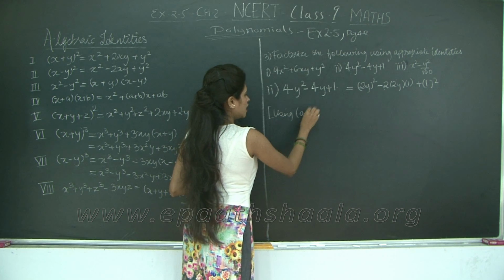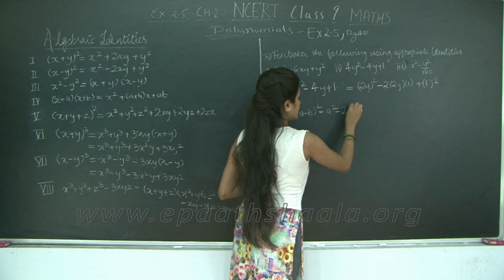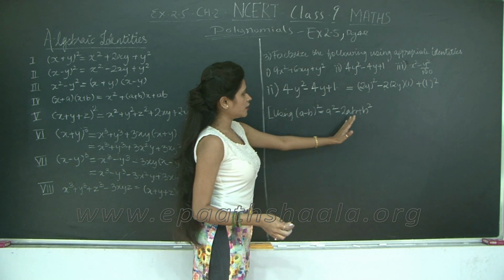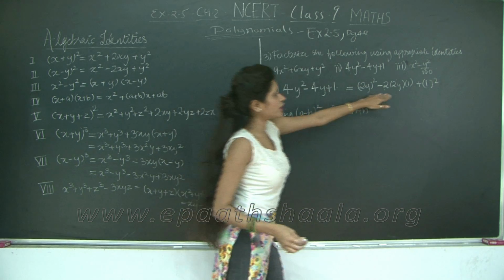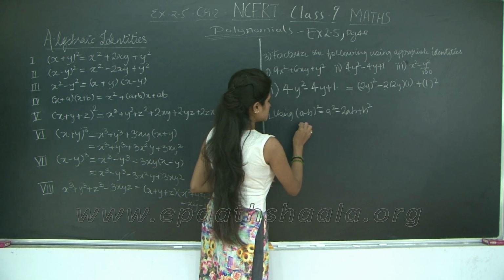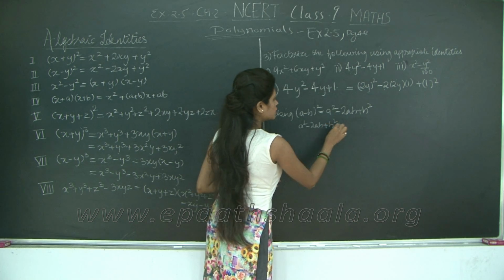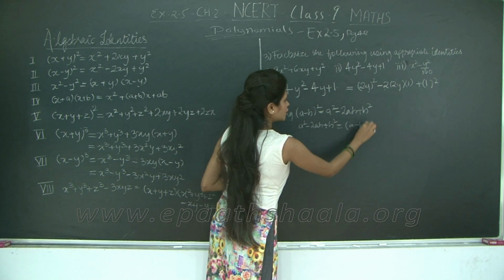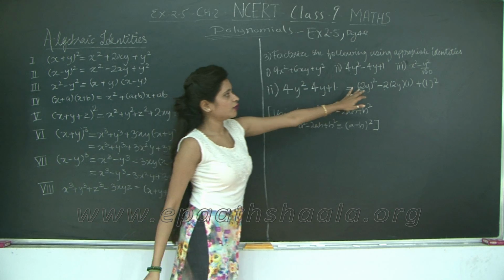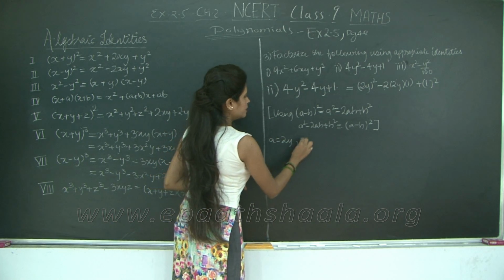a minus b the whole square is equal to a square minus 2ab plus b square, right? I'm going to swap this and rewrite because we have already been given this form, correct? So this is a square minus 2ab plus b square is equal to a minus b the whole square, right? Therefore, what's the value of my a? The value of a is 2y and b is 1,